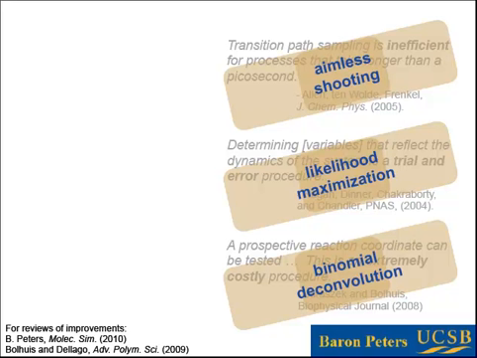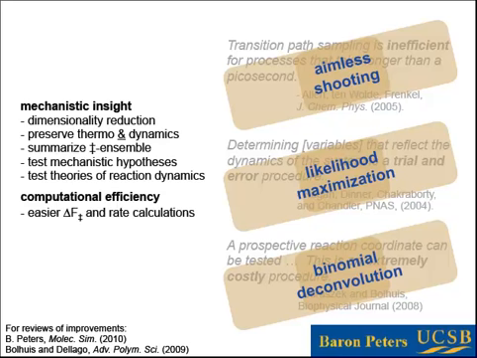I want to conclude by saying that many of these problems in transition state theory, transition path sampling had some early efficiency related problems, and many of those have been fixed, and they allow us to do all of these things that I described. I've shown you cases where we've reduced the dimensionality from tens of thousands to 1. In the process, we preserve the thermodynamics and the dynamics. We get a compact summary of the transition states. We can test mechanistic hypotheses, many people's different ideas for mechanistic hypotheses, and we can even go back and test statements made about theories of reaction dynamics.